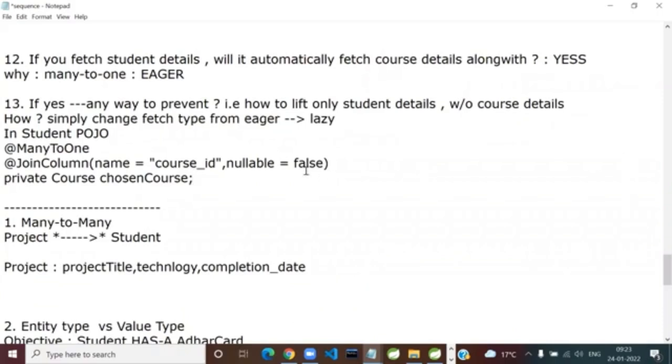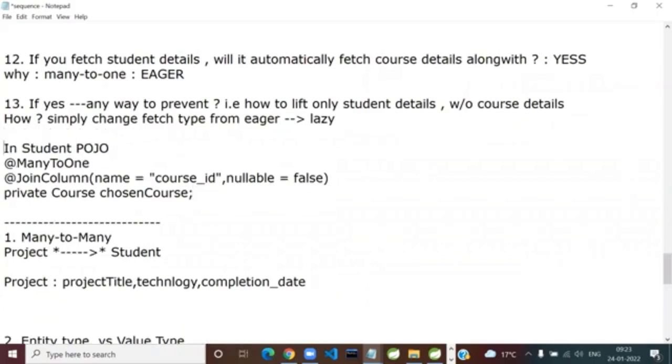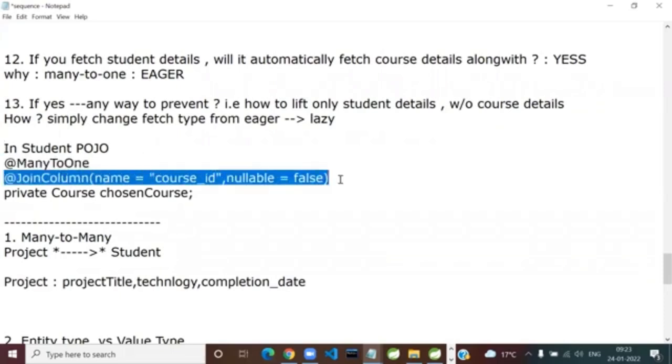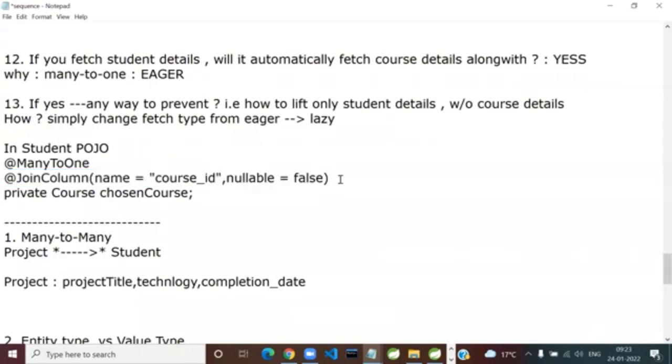So anyone tell me, I told you it can be a unidirectional from student to course, or it can be bidirectional. Solution is the same. So change or no change? No change. Change or no change? Change here. Tell me the change. You just have to add one more property here. What is the property name? Fetch.